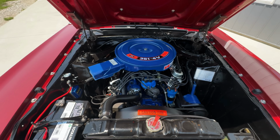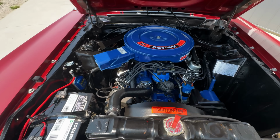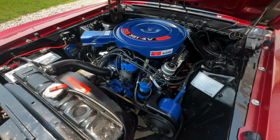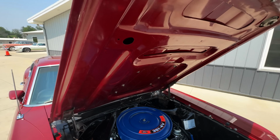Just correct appearing underneath the hood. It's got the right air cleaner on it, 4-barrel carburetor, the right exhaust manifolds. No one's put headers on it or done anything goofy with it. Just a really smooth running V8 Ford. Power steering. Bottom side of the hood paint,